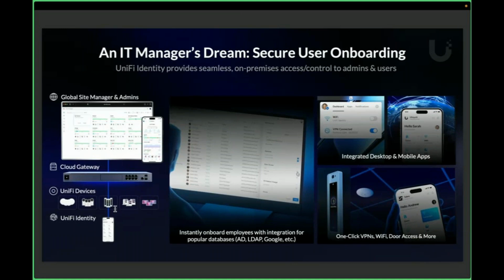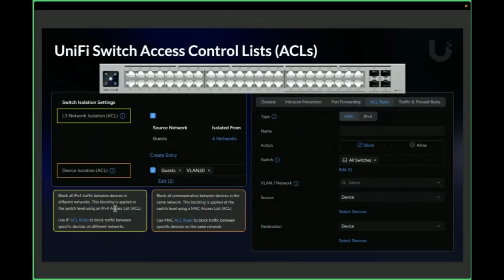And this is the perfect way for IT managers to not only have peace of mind knowing that the people who are accessing the network are actual employees, they're credentialed, but also very easy to integrate with popular databases and providers. As I mentioned, the ACLs got launched a couple of months ago as a way for you